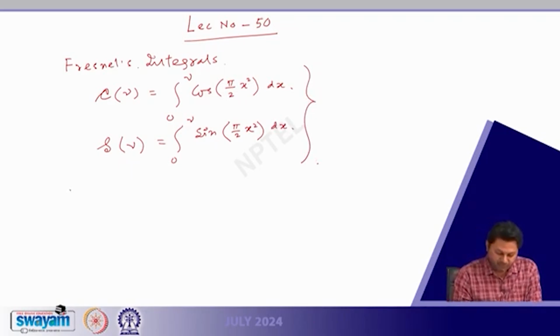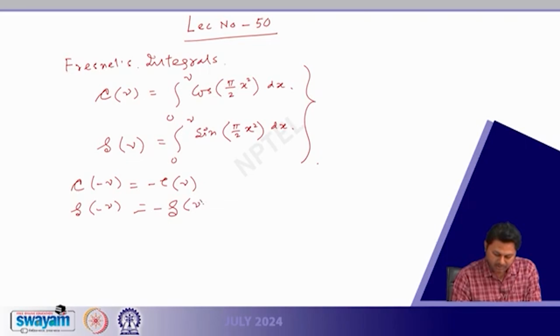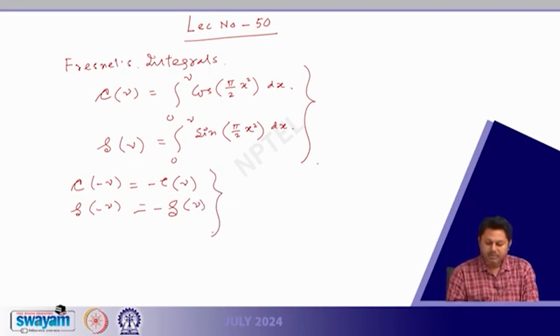Then we find a few more things, that is C of minus nu was minus of C of nu, S of minus nu was minus of S of nu, that is another. And then we managed to get the limit out of that,